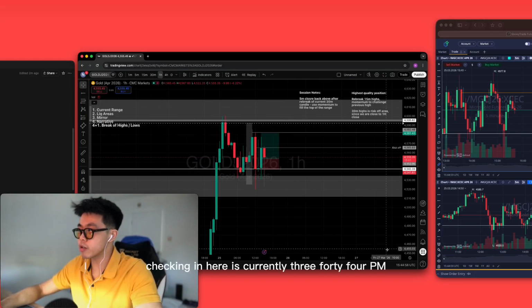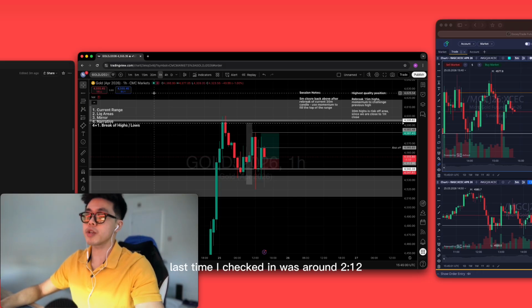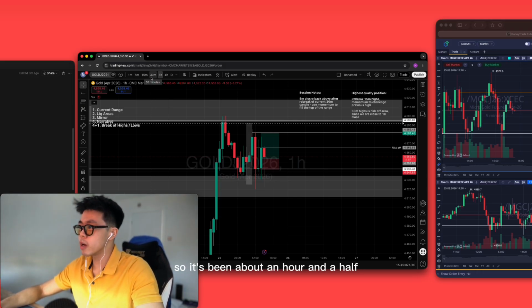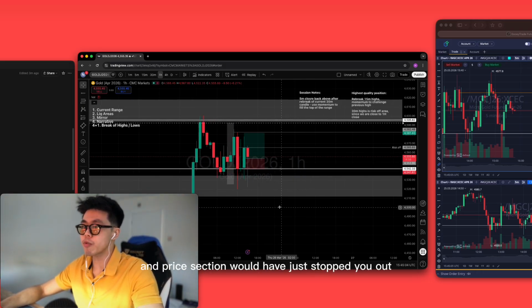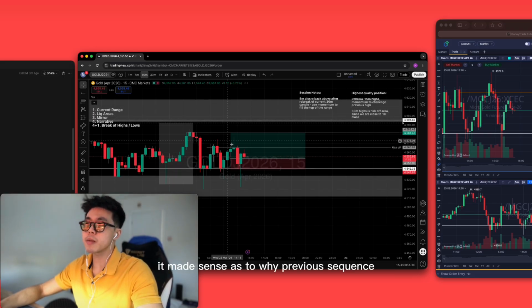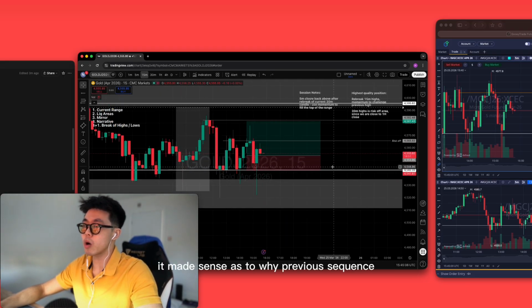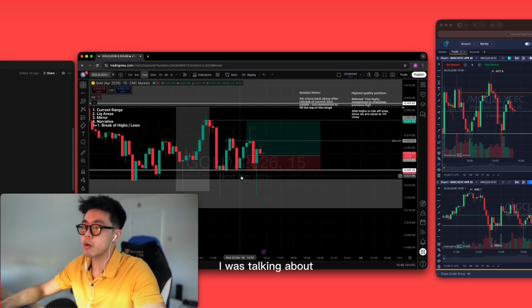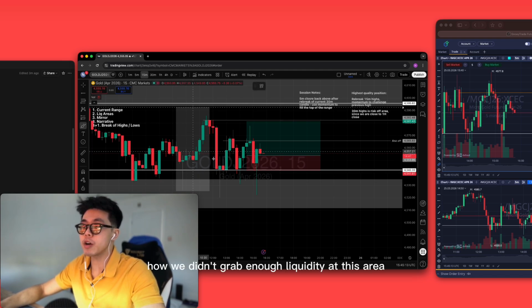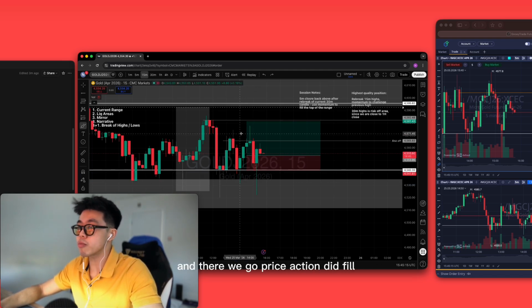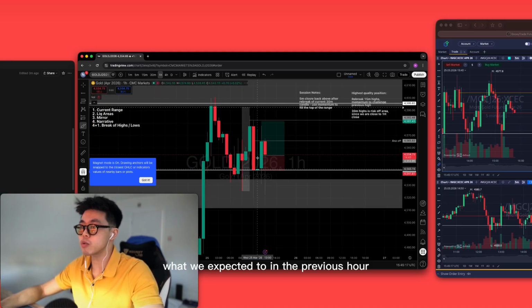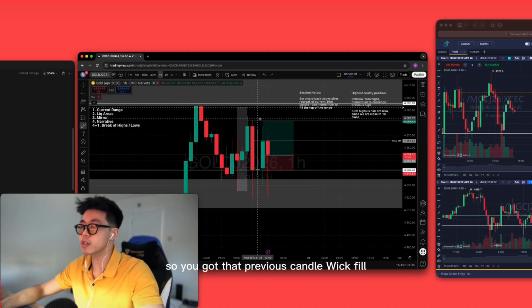Checking in here. It's currently 3:44 p.m. Last time I checked in was around 2:12. So it's been about an hour and a half, and price action would have just stopped you out. It made sense as to why. Previous sequence, I was talking about how we didn't grab enough liquidity at this area, and there we go. Price action did fill what we expected to in the previous hour, so you got that previous candle wick fill,